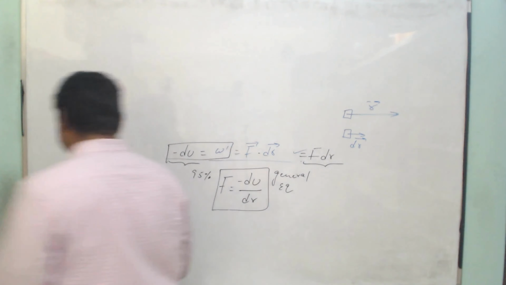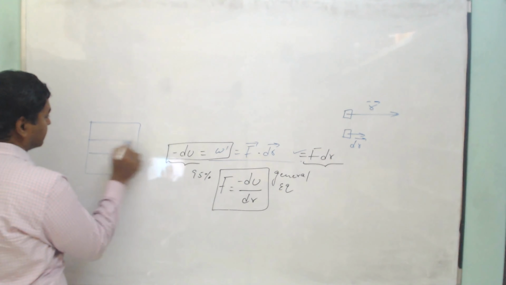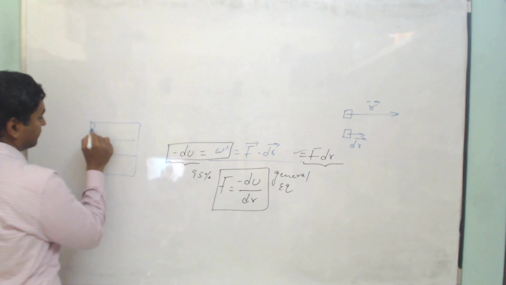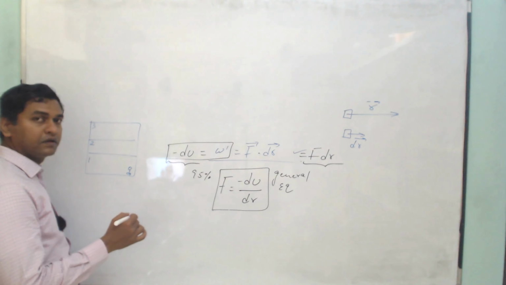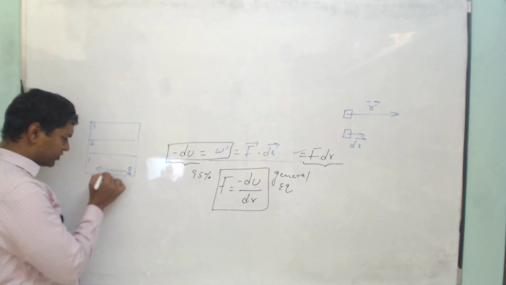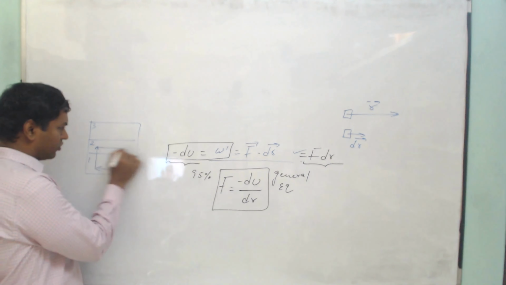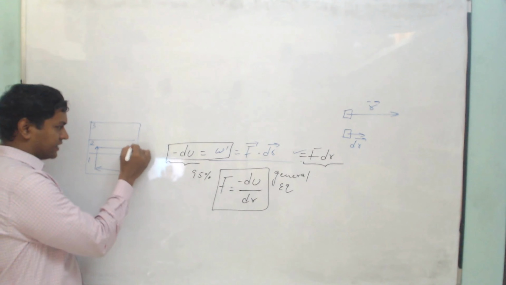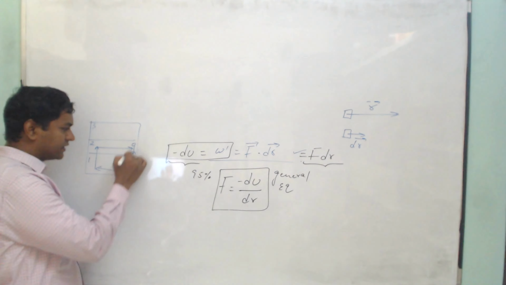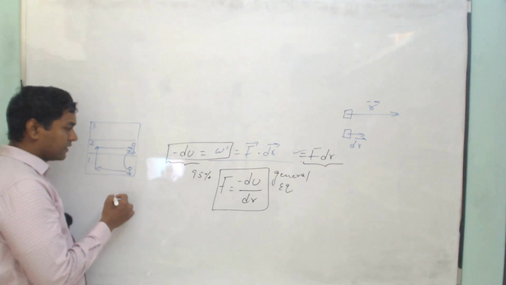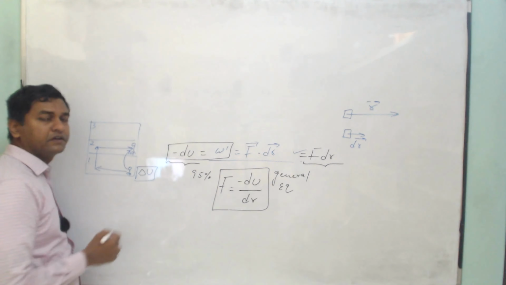Yes, sir. So the best example is, suppose I am in a building. Let us say this is the first floor, second floor, third floor. From here, if I walk all the way towards the left side, then jump over here and walk all the way towards the right side, then I'll reach here. Or I directly jump from here to here. The change in potential energy will be mgh only, right?